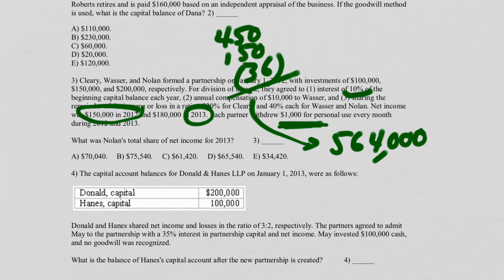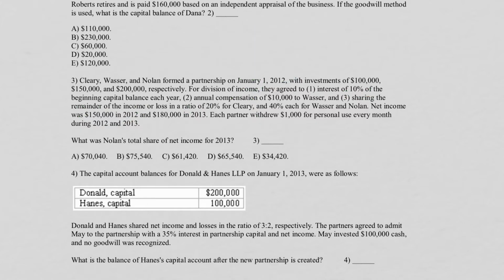So in 2013, the amount of interest for the partnership capital accounts would have been 56,400. And what we're going to do now is figure out the net income that gets divided according to the percentages. So let's make some erasures here. In 2013, we've got to take the 180 adjusted for the items that we just spoke about. So take 180 minus 56.4, which is the interest given out to all the partners for their partnership capital account, minus the $10,000 paid in compensation, leaves us with